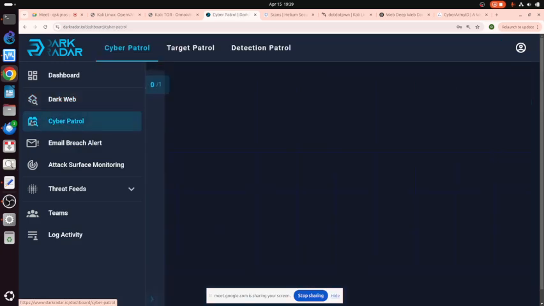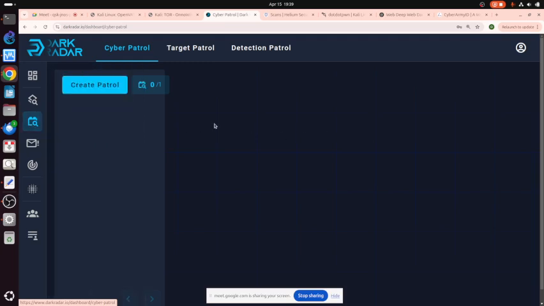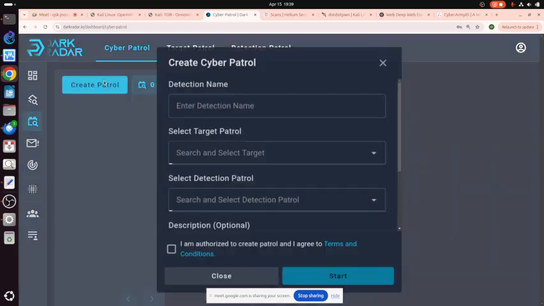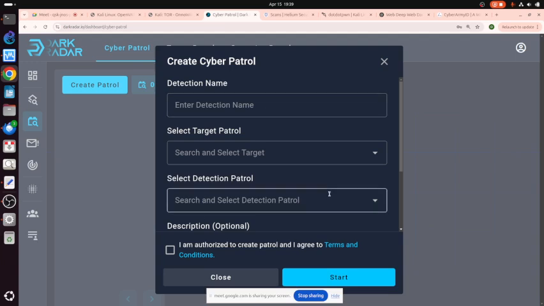In cyber patrol, this is very important for the company because in cyber patrol we can create an alert. It's not a firewall. We can create a condition.